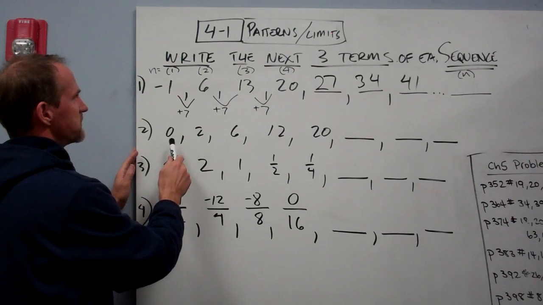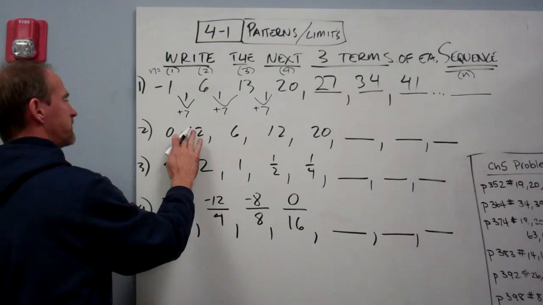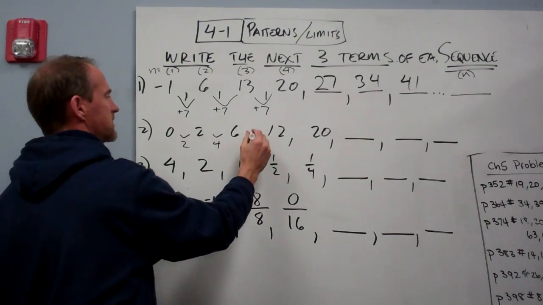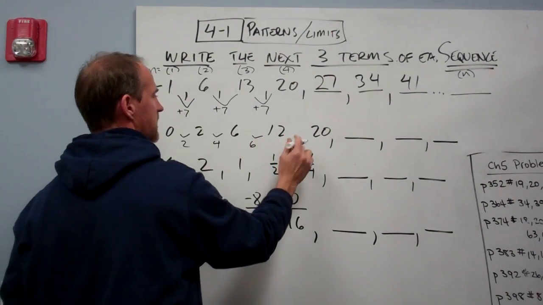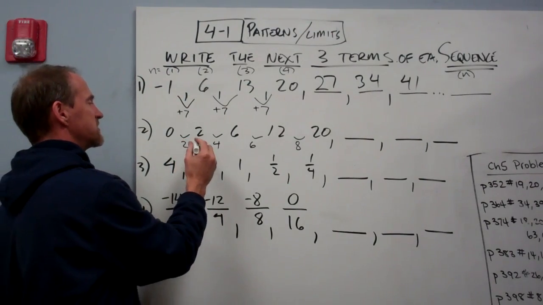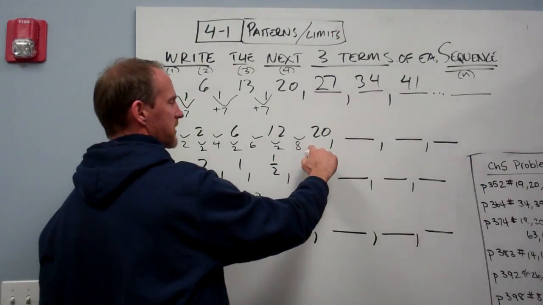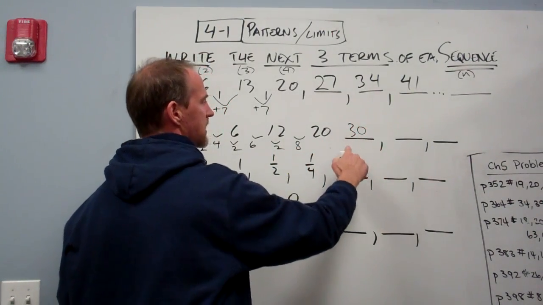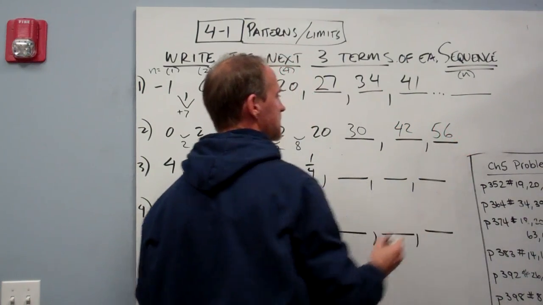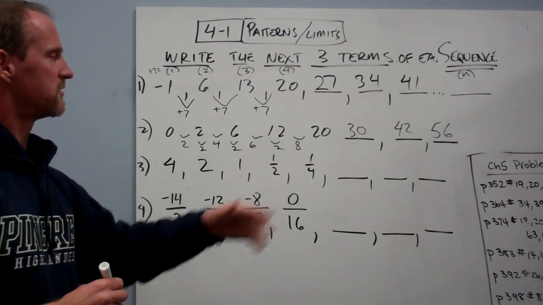Here we've got a sequence that's going from 0 to 2, 2 to 6, 6 to 12. If we do carets here, we might not see that there's a constant right away, but we will find a different pattern. That's 6 and that's 8. So it looks like the caret numbers are increasing. If I did carets of carets, I would get a constant 2 in there. So I can say, all right, well this is going to go up by 10, so that's 30. This is going to go up by 12, so that's 42. And that'll go up by 14, so that's 56. And you'll see, again, we can find a pattern that will predict the thousandth number without doing all first 1,000